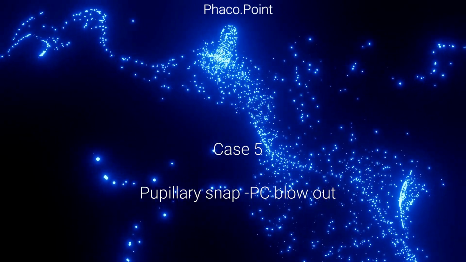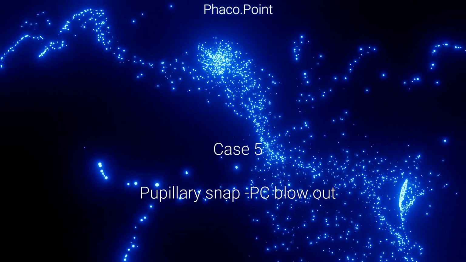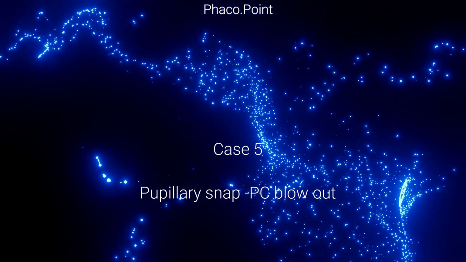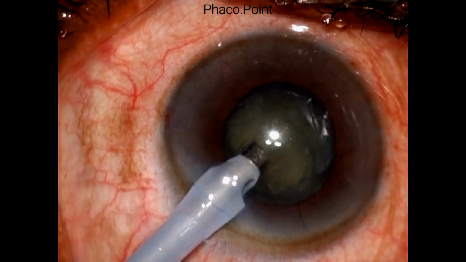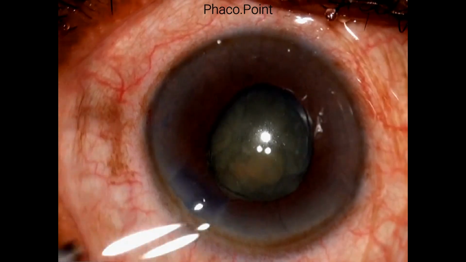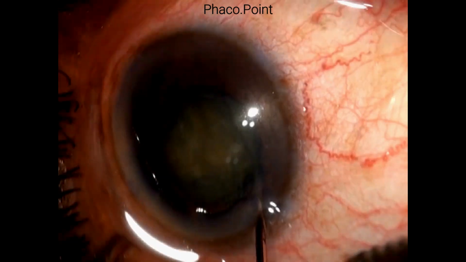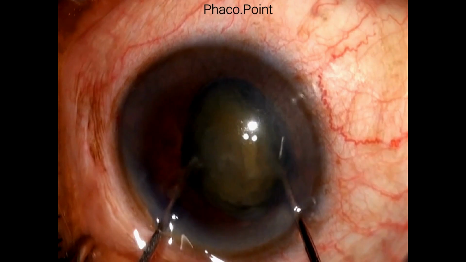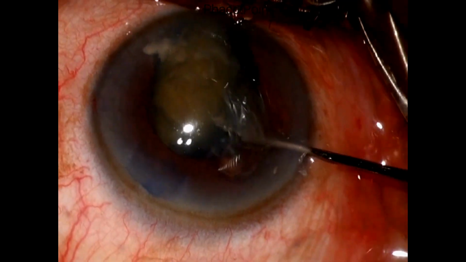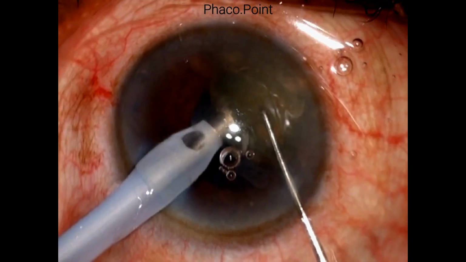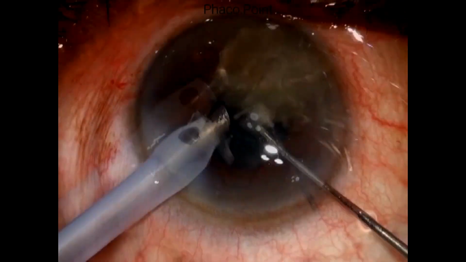Whilst attempting hydrodelineation, there is an accidental hydrodissection in this case, resulting in a posterior capsular blowout which appears like a pupillary snap. Now once there is a pupillary snap, there's obviously a posterior capsular blowout, for which I now manipulate the nucleus out into the anterior chamber and then perform a nucleus emulsification in the anterior chamber itself after coating the endothelium